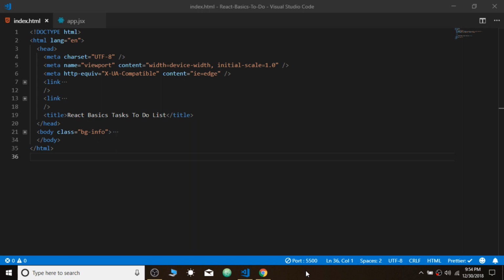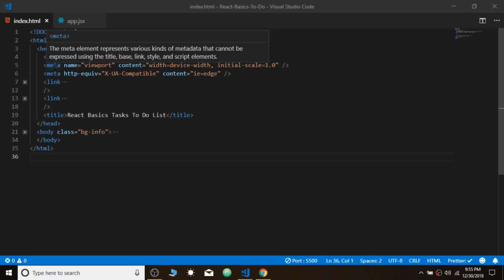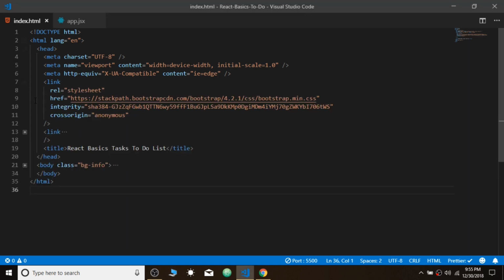Alright guys, so to start off, I have created these two files, index.html and app.jsx, in my VS Code, and just to save some time I have also done my HTML file, which is not much. It is just the bare bones of this HTML skeleton and some CDN links, but let me quickly show you what I've done. So of course this is the HTML skeleton, and this first link